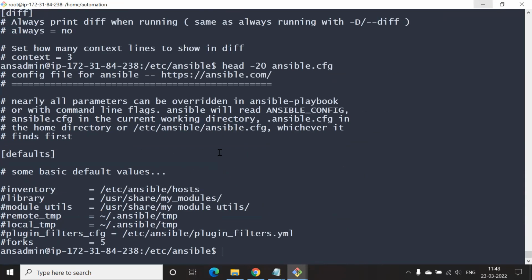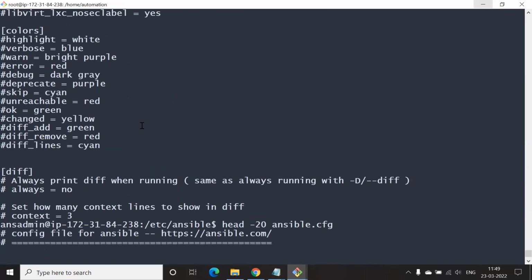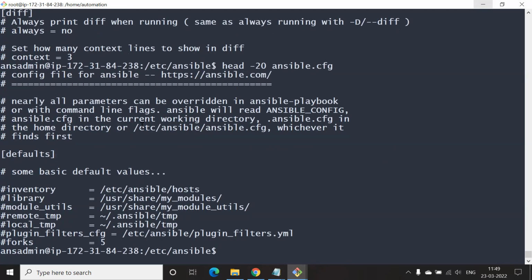Okay. Now in here, if you scroll down a little bit, notice there is something called inventory equals to /etc/ansible/hosts. By default, it is commented. You see that, right? So by default, what is happening is Ansible is looking at this configuration file. If nothing is given, then it is by default taking the hosts file in that particular directory as the default host file. That's how it works. Yes, okay, as simple as that, buddy.